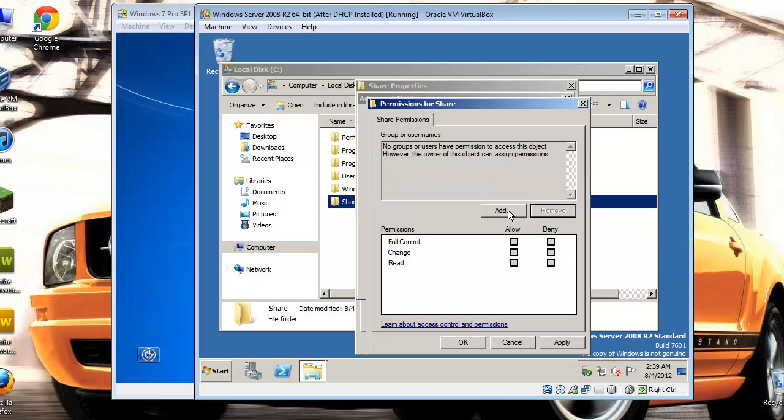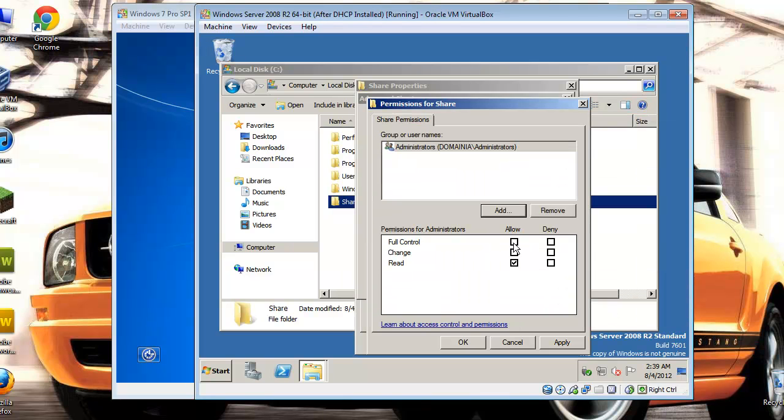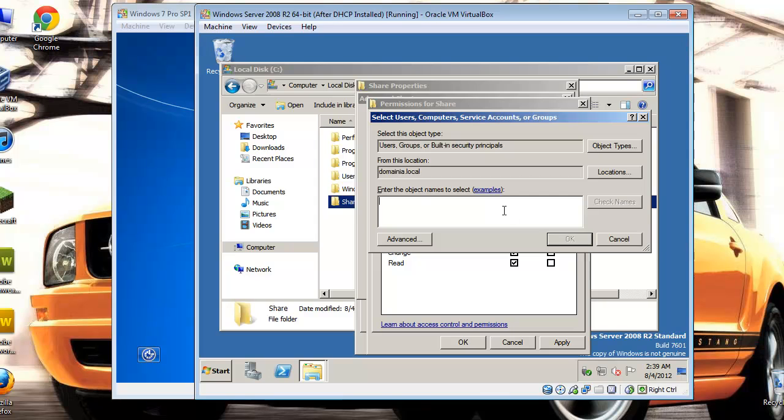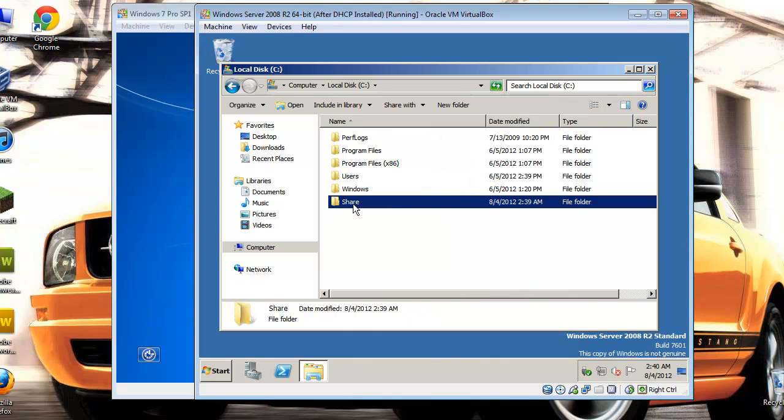Here, like in my case, I'd remove everyone, and I would give the administrators, all the administrators, full control, and all the domain users change and read. For this case, it's different for every case. But in most cases, a general share folder is shared out throughout the entire company, so you want people to be able to change stuff in there and to not be able to delete, but to change and to read everything on there. However, I'm going to go ahead and cancel all of this and show you guys another way,